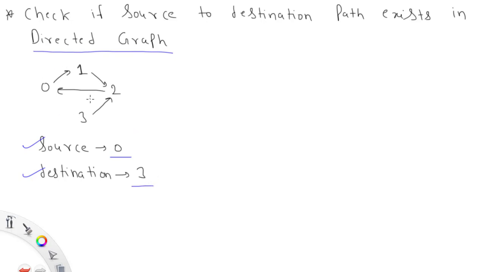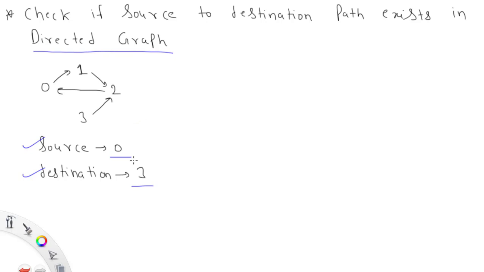So basically here, let's assume that there is a city graph. Now someone is asking whether it is possible to go from this city to this city, or whether there is a path that exists from this city to this city. Now because this is a directed graph, it means we have a road from only, like in this case the direction is from 0 to 1, so it means we have a road from 0 to 1 but not from 1 to 0. So in our previous problem we checked if there is a source to destination path in an undirected graph, but here we are checking a directed graph.